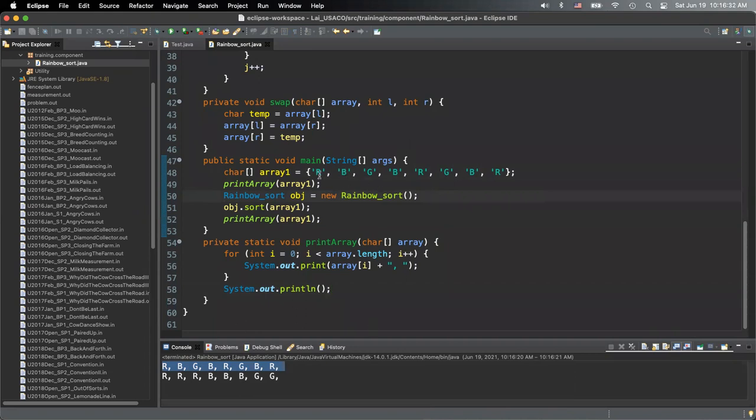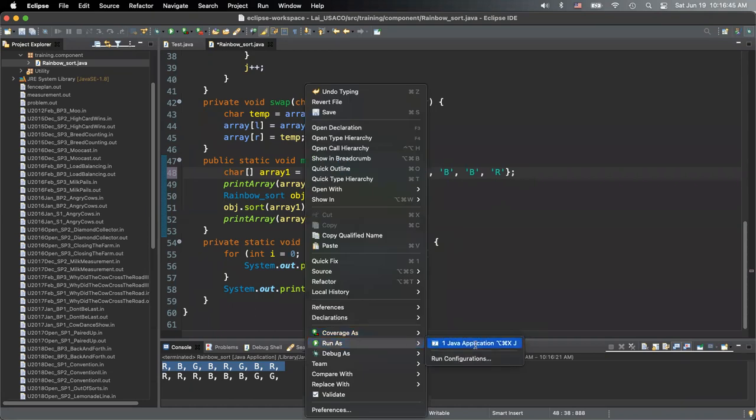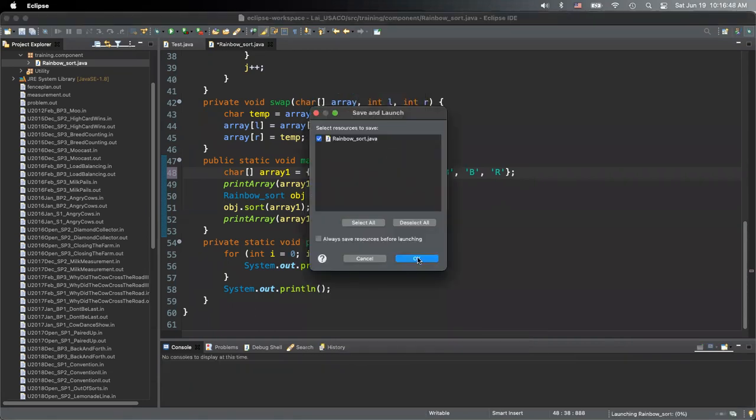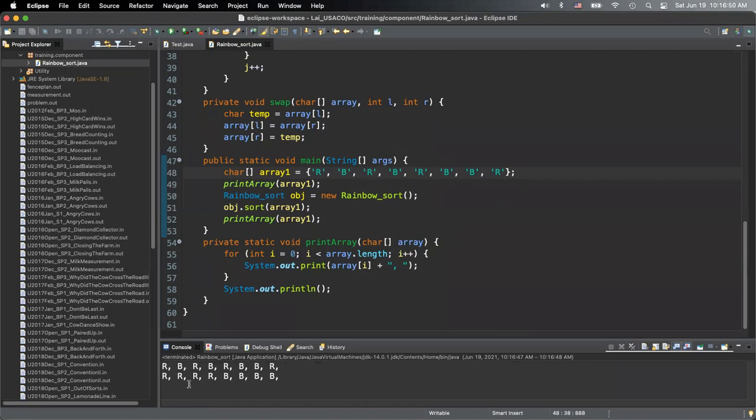Beautiful, right? So let's check other use cases. For example, let's get rid of the G. There's no green for some reason. So now let's see if our algorithm can still handle it. Voila, we have it. All right, so red and blue, no green. Now, what about